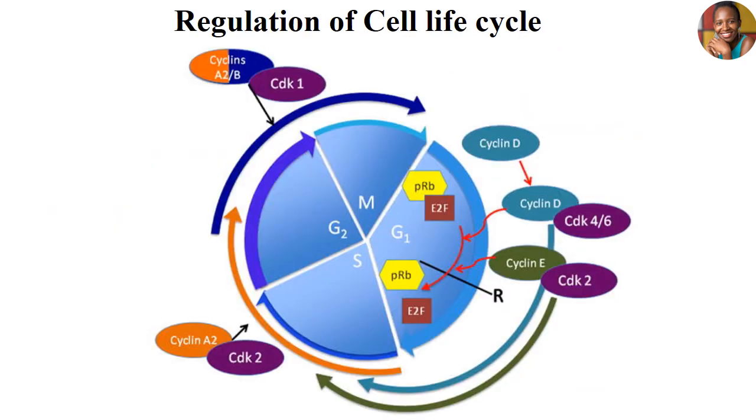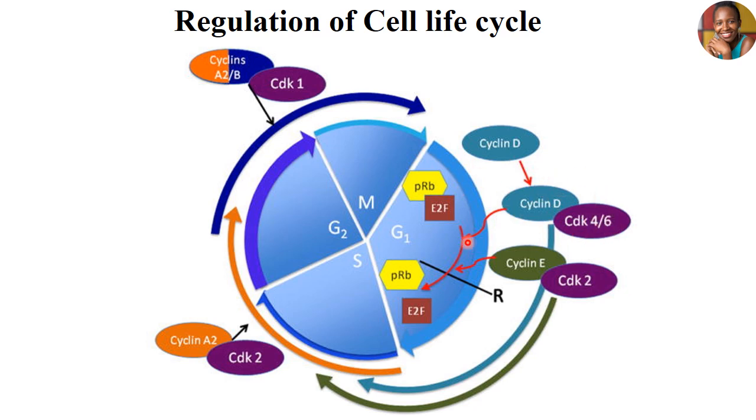So here is an example of these cyclins and CDKs. So starting with this first phase here where we have G1, S, G2, and M. At each of these different cycles, we will be producing different cyclins and CDKs that will be combining to transition our cell to go to the next stages. So for example, at G1, we will find presence of cyclin D. We will also find CDK4 and 6. These ones will combine to give you a cyclin D-CDK4/6 complex that will be activating our cells there and